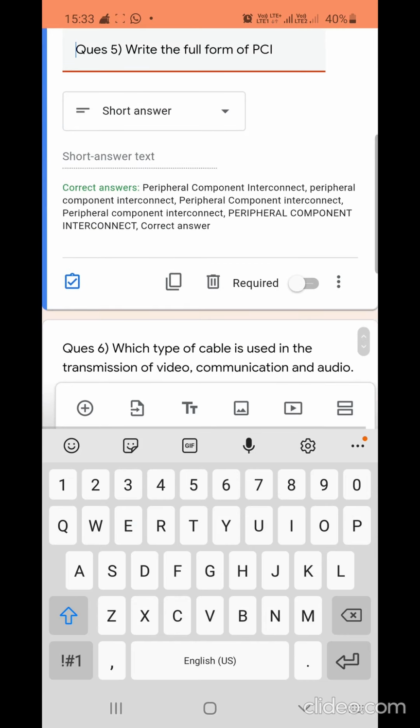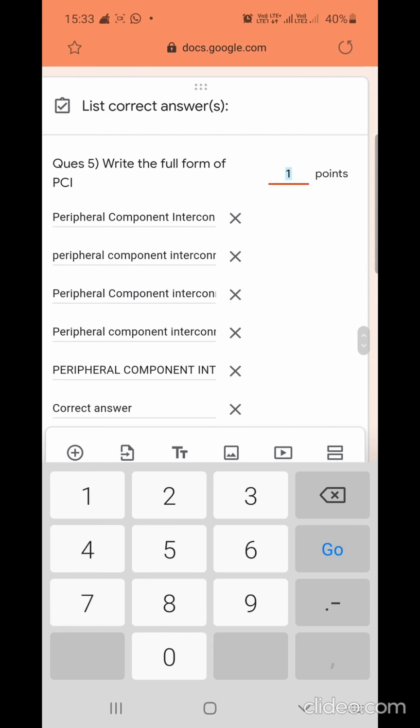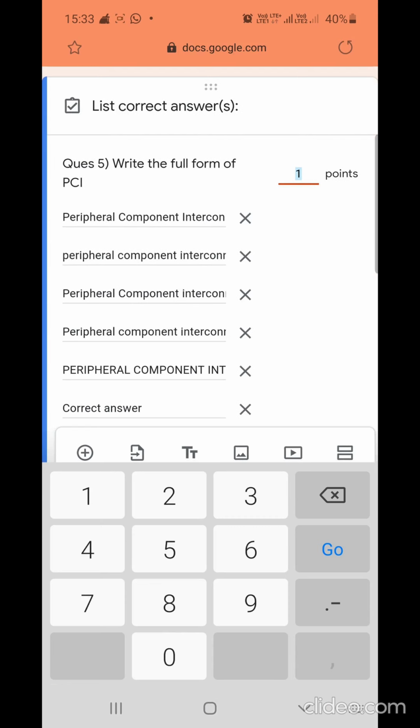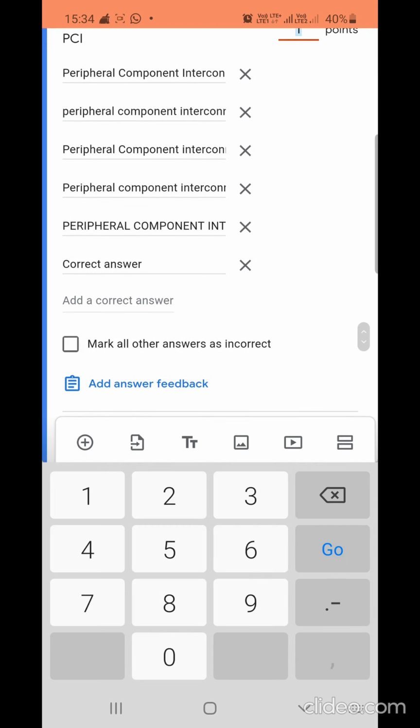I had tried to put all possible combinations of writing personal component internet, but still the girl gave extra space between the words. So in online evaluation it was marked as incorrect, and then she generated the query. I told her that I will see and release your marks later on.